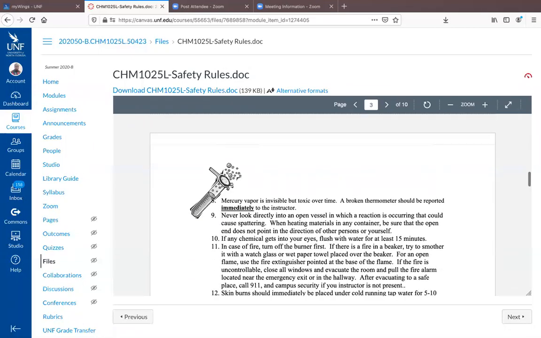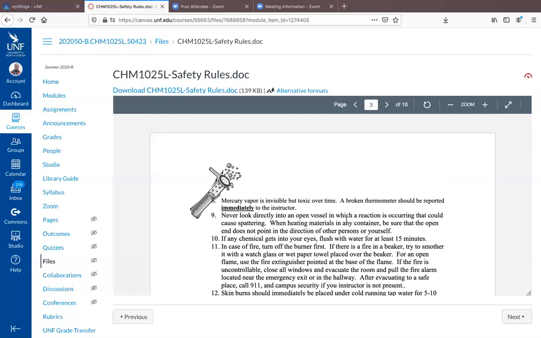Never smell chemicals. Yes, you're going to have a thermometer inside the lab kit. Be careful with the thermometer. All right, I do have mine right here. I believe yours will be alcohol. This is an alcohol thermometer, so I don't think you're going to have mercury, but in the lab, we sometimes have a mercury thermometer. Never